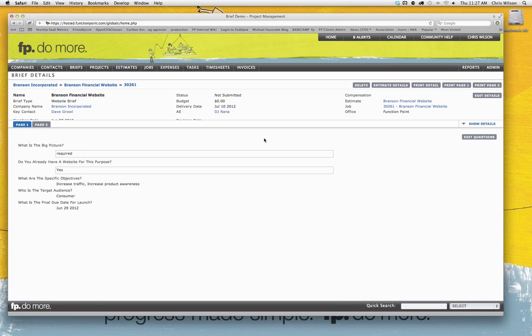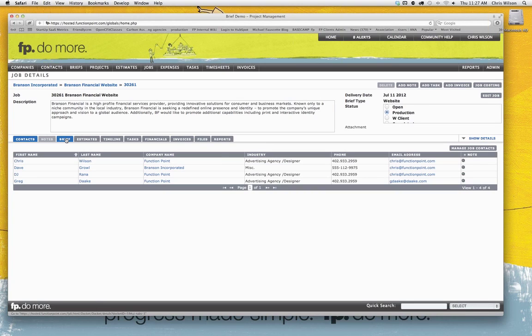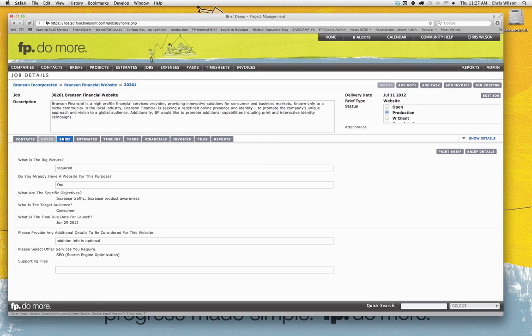One being the account executive filling in a brief to request an estimate, and the second one where the job's already been opened. If I drill back to the job detail page, we're now going to see that the brief tab is now in a slightly darker gray, telling us that there is indeed some information here. And we've included, in just a recent change, the ability to print the brief from this location, as well as using this to navigate back to that detail page.